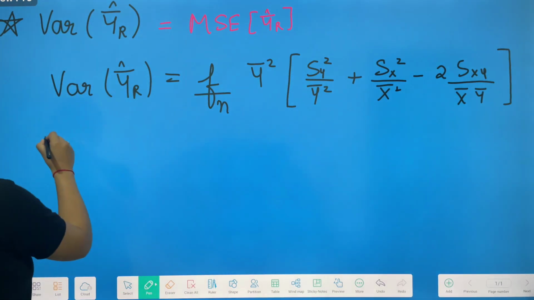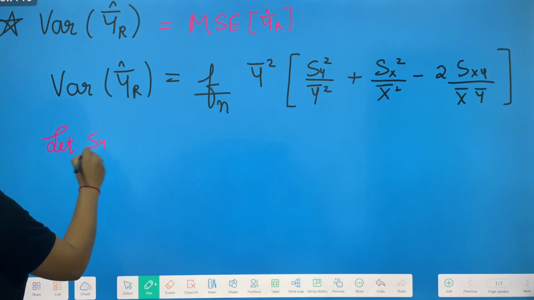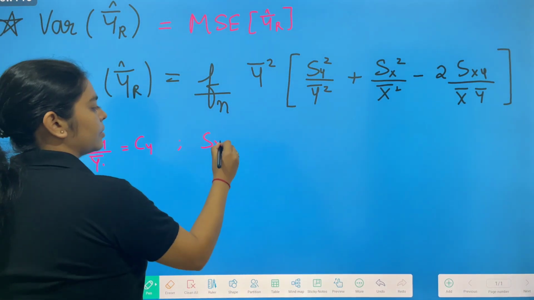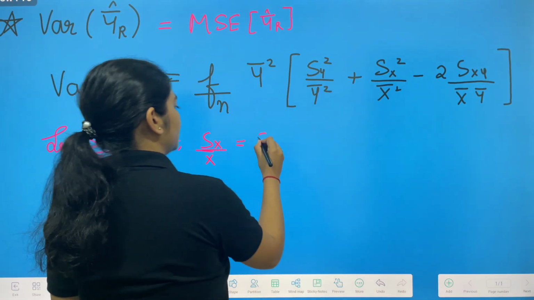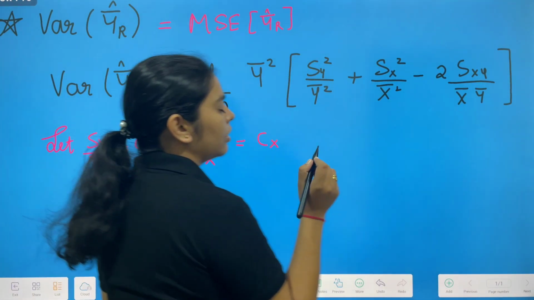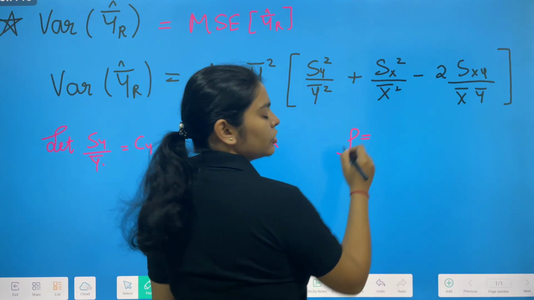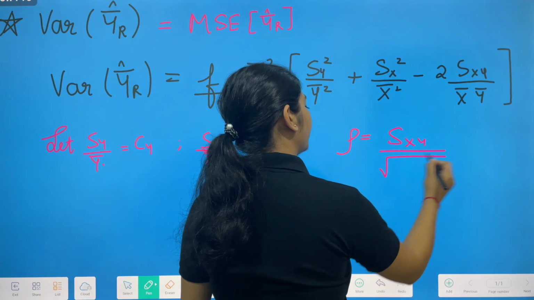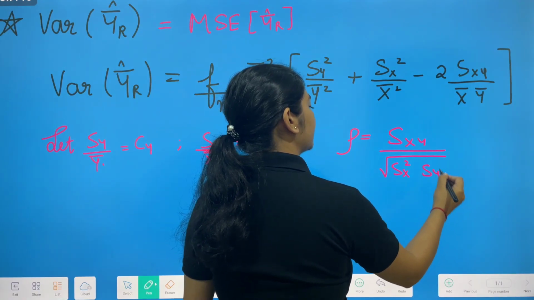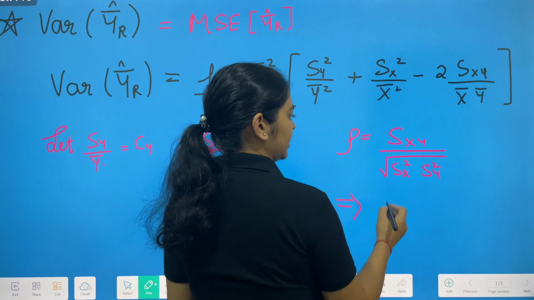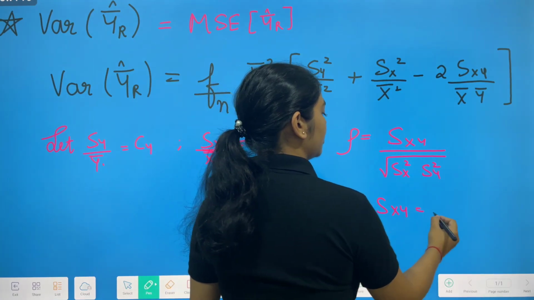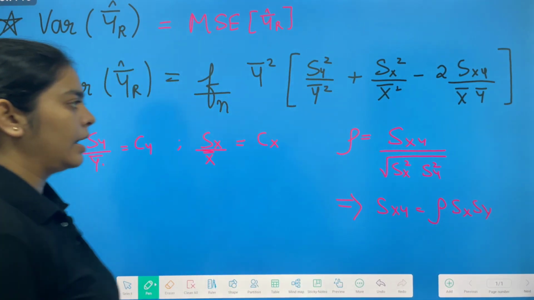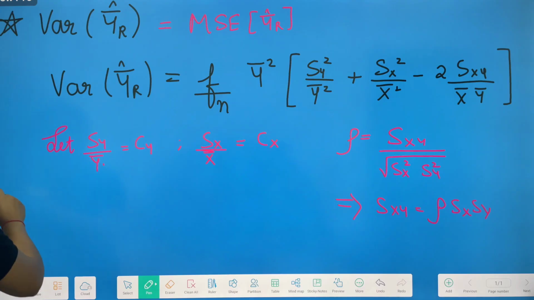So let us assume that Sy upon y bar is Cy, and Sx upon x bar is Cx, and we know that rho, which is the correlation coefficient between x and y, is nothing but Sxy upon under root of Sx square Sy square. So from this equation we can say that Sxy is nothing but rho Sx Sy, and hence we can write this variance equation as